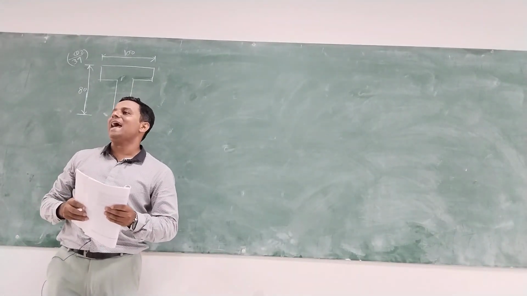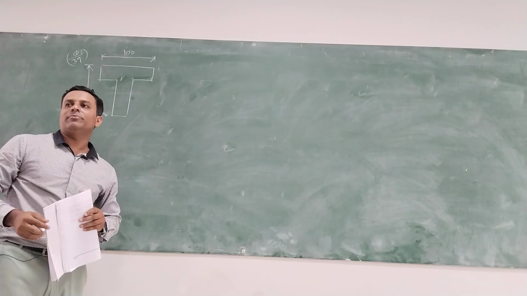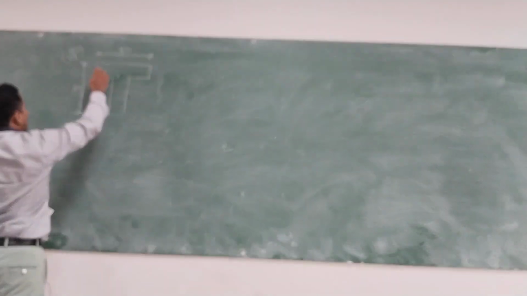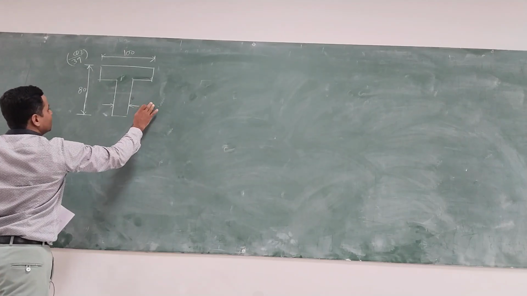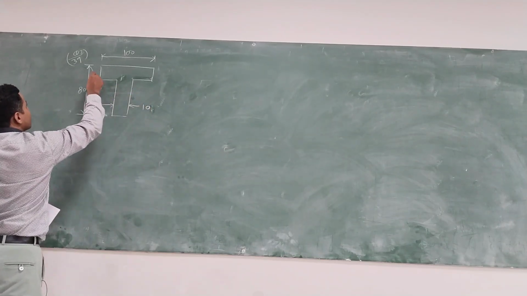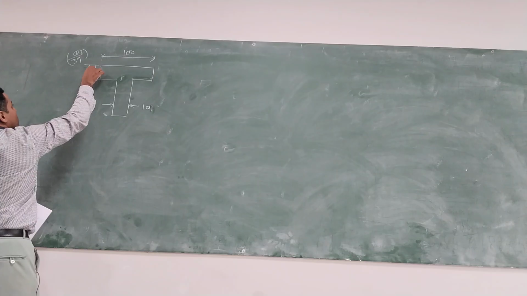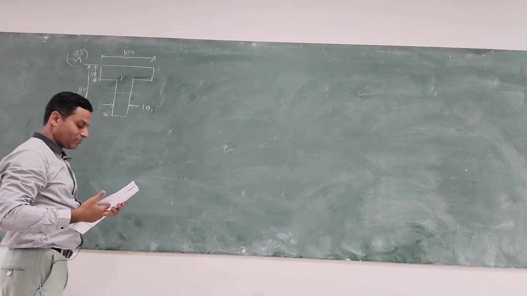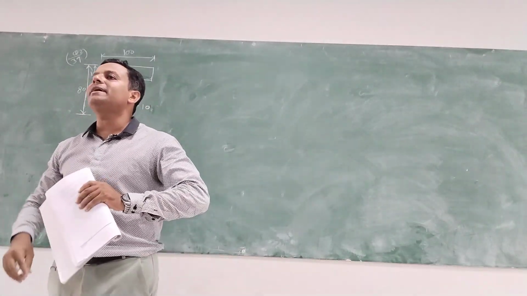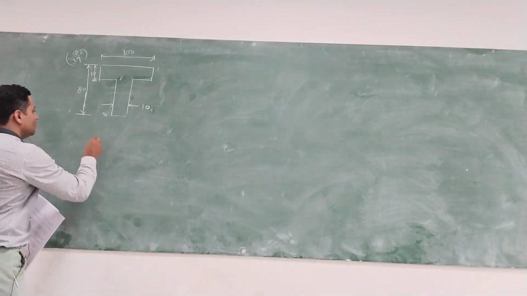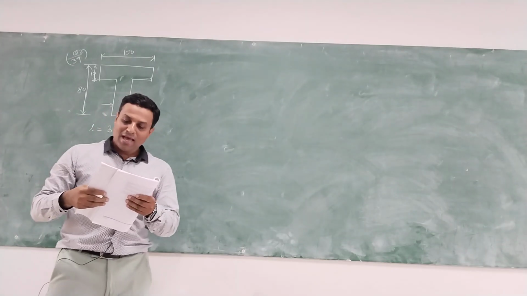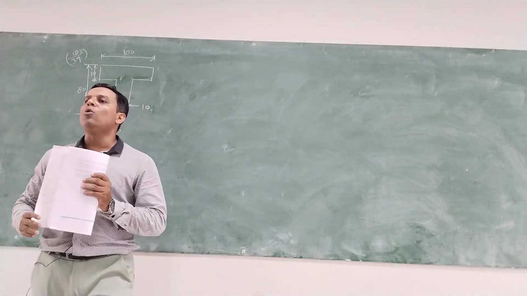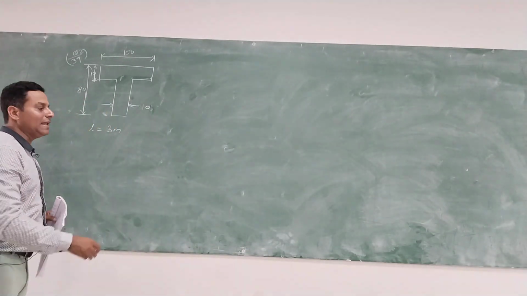Both flanges and stem are 10 mm thick, means flange and stem both are 10 mm thick. The strut is 3 meters long, so the length of this column is 3 meters and hinged at both the ends. Condition दिले,